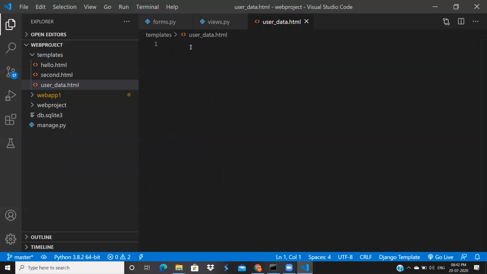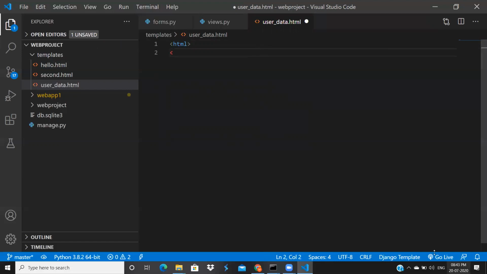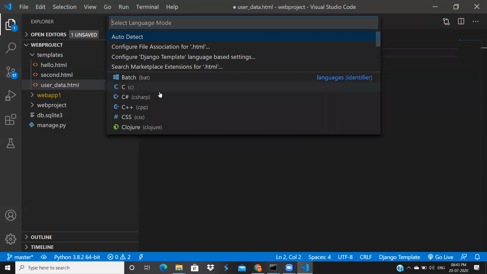Inside this, one minute, I'll make it an HTML template. After that, we will get some boilerplate code.